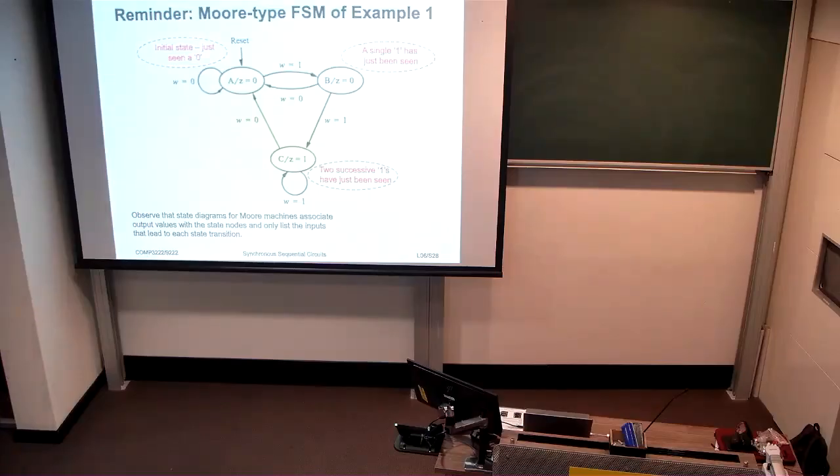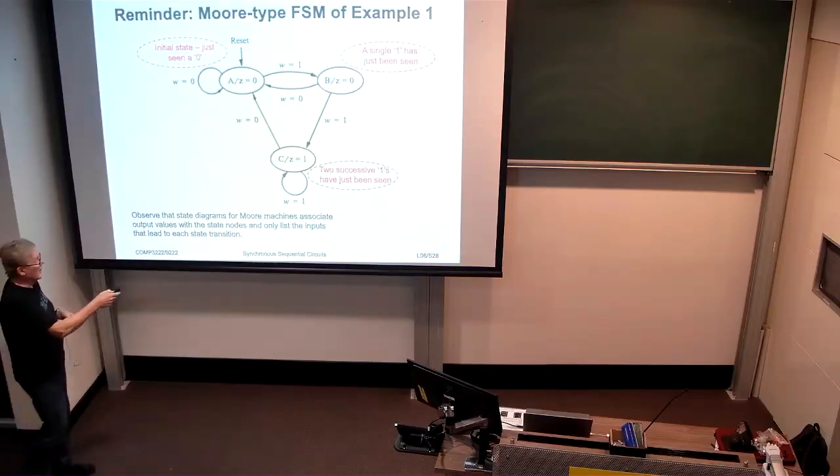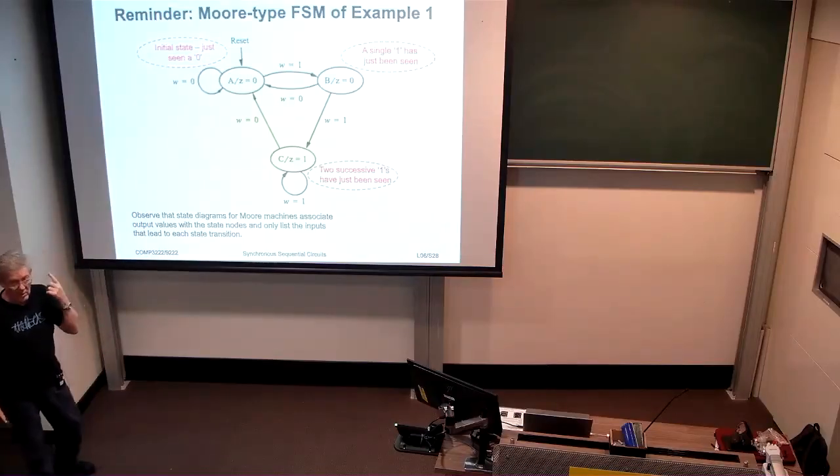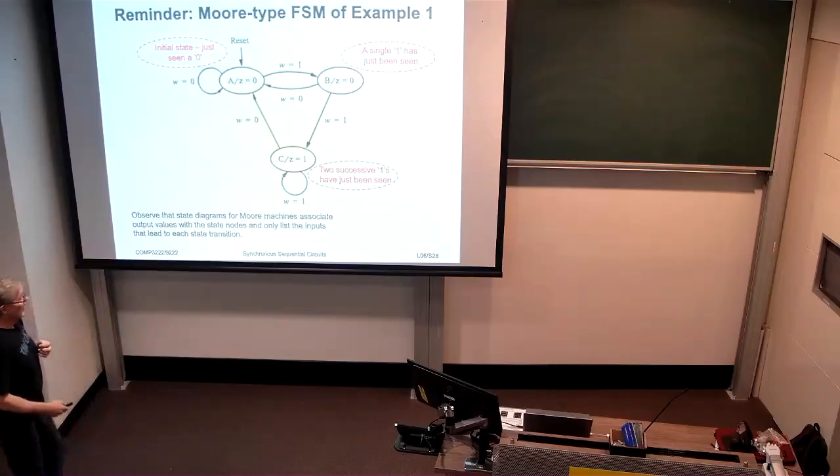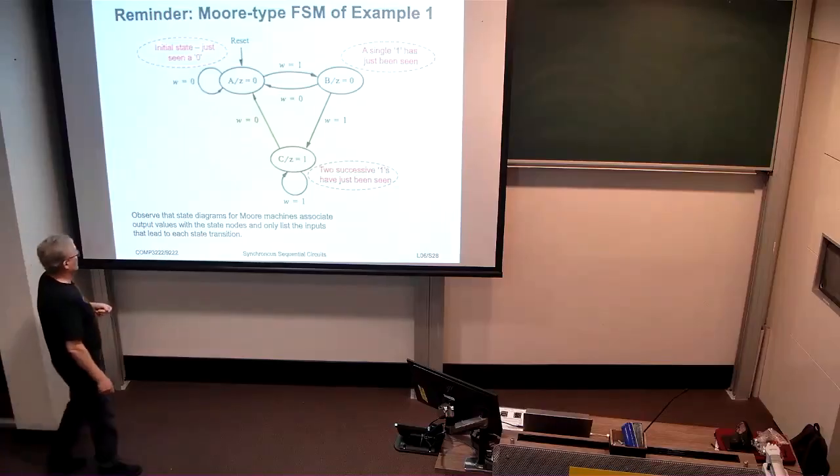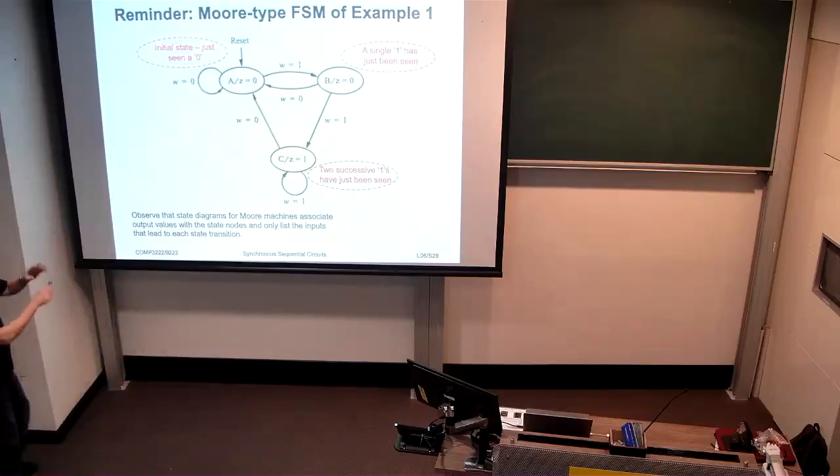Where state A means it's the initial state, or we've only seen zeros so far. State B means we've seen a 1 in the previous clock cycle, and state C means we've seen two 1s in the previous two clock cycles. This is a Moore type